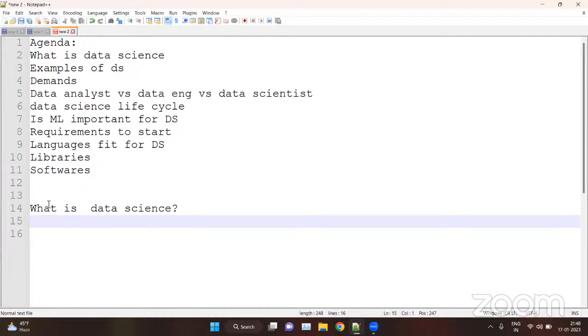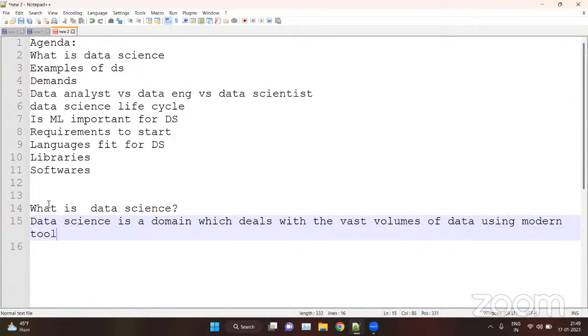So data science is a domain which deals with vast volumes of data using modern tools and techniques to find unseen patterns and derive meaningful insights from it.